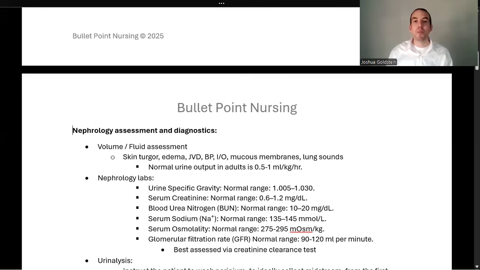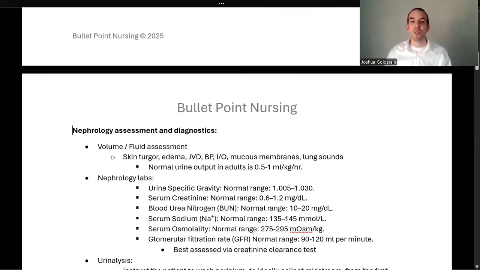Next, normal urine output in adults is 0.5 to 1 milliliters per kilogram per hour. In most adults, roughly over 24 hours, they're going to put out somewhere around 1,000 to 1,500. I've seen most books use that number, 1,000 to 1,500 mLs per day, per 24-hour period. That's the rough number. When you get roughly below 0.5 ml per kilogram per hour is where we consider you